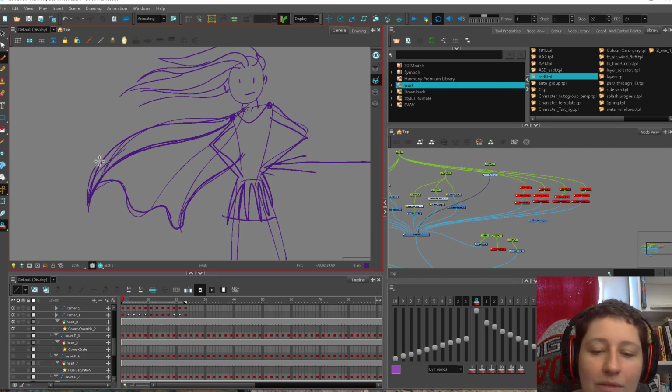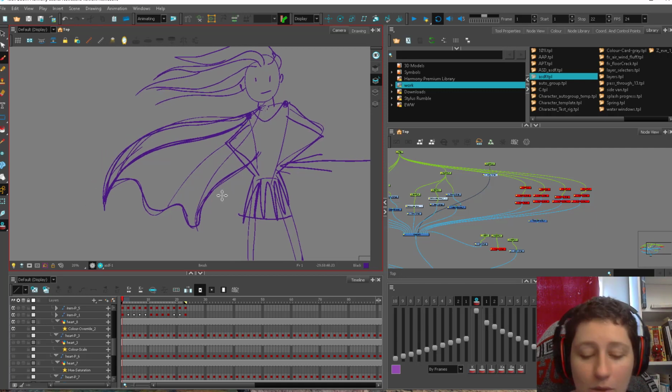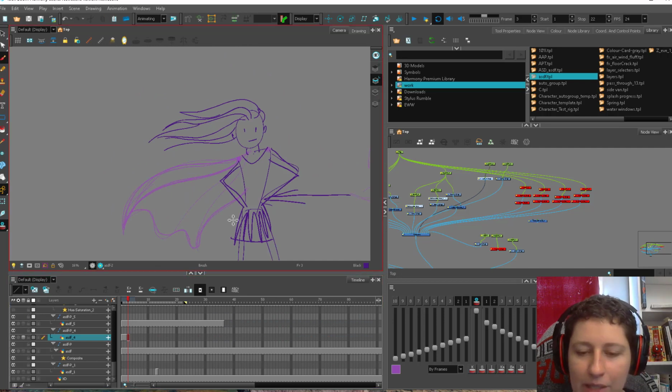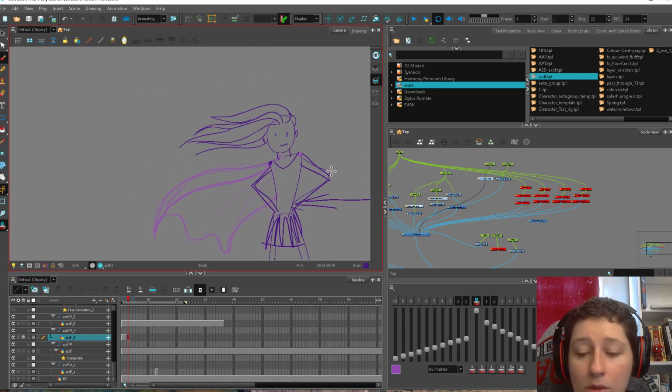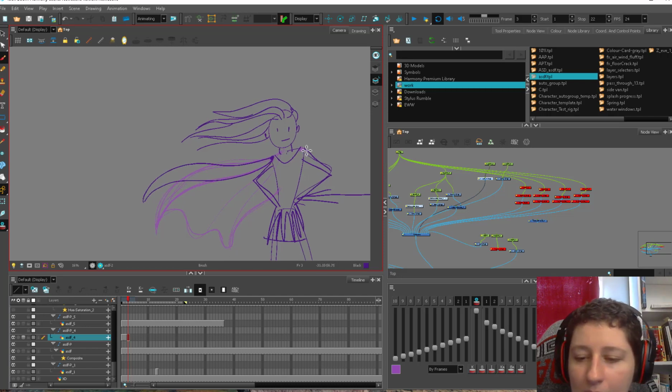And then you have the fabric coming out, and it's flexible. Fabric is quite flexible. We're going to animate this cape. Here is our thing. So the wind is coming along here, so it's going to bring it up. But everything is going to come back to this point. This isn't flexible, if that makes sense. And then the wind is coming along here. We're going to say that this is coming up as well.